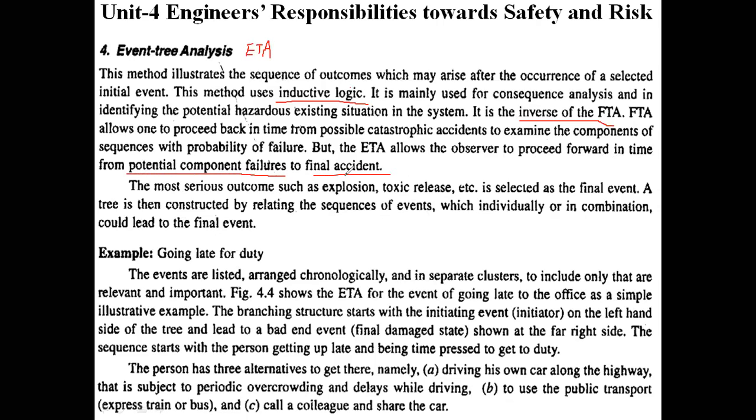The most serious outcome, such as explosion, toxic release, etc., is selected as the final event. The tree is then constructed by relating the sequence of events, taking each and every incident here, which individually or in combination